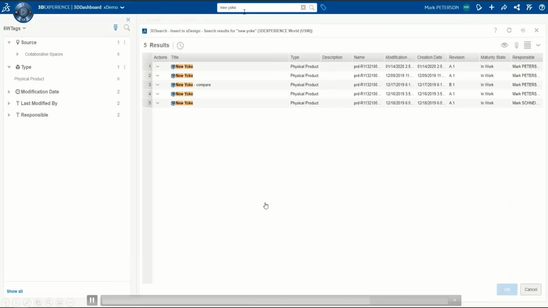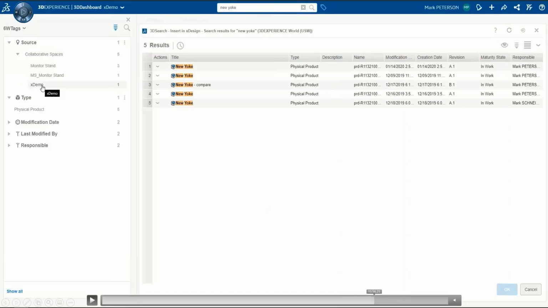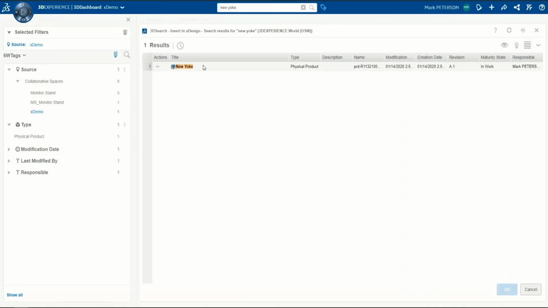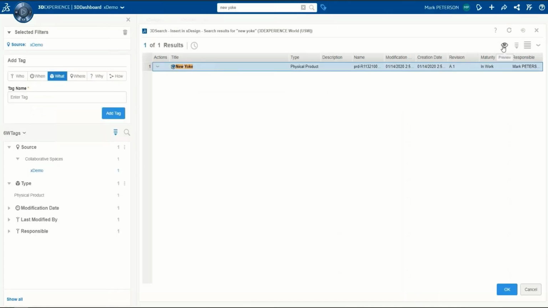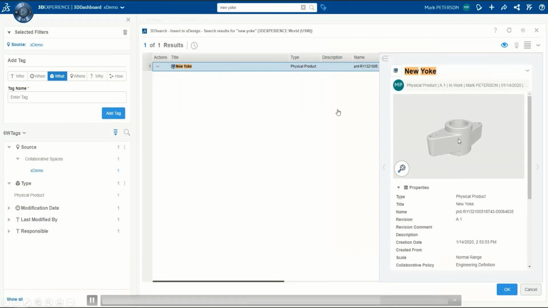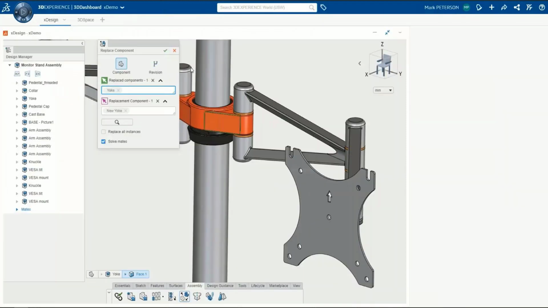So I will go to the source and I'll filter by the X demo. That is the space available on the 3D experience platform, where I saved that component. So I'll select that. Then before adding this component, I will preview it to check whether this is the correct component or not. If you are sure that this is the correct component, you can go and add this component. So click the